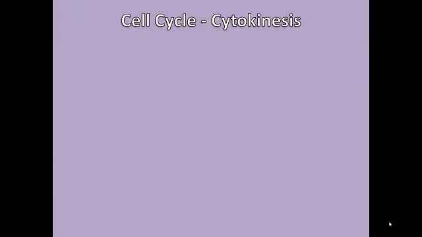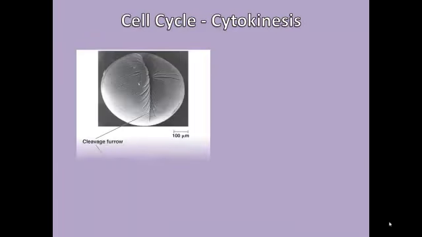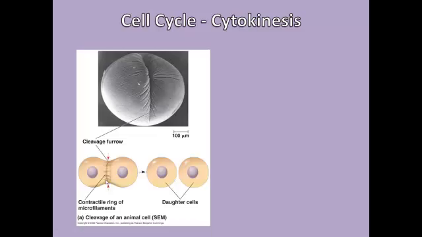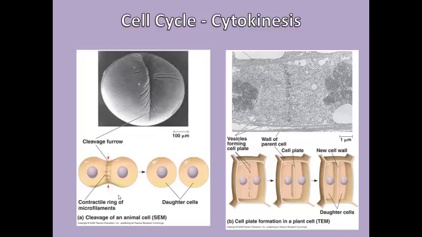Let's take a closer look at cytokinesis. In animal cells, a ring of microfilaments or actin filaments forms under the cytoplasm at the equator, where the chromosomes had lined up during metaphase. They tighten and tighten, pulling the cell membrane until it splits the cells. It's kind of like cutting cheese with a wire, but the cell membrane isn't as stiff as a block of cheese. Plants and other organisms with the cell wall can't do this.